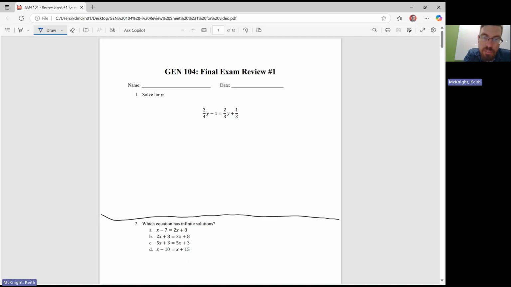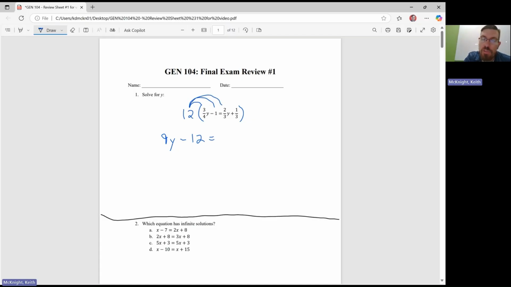Since it's 12, the first thing we're going to do is multiply this whole equation by 12. In doing so, that's hopefully going to clear out the fractions that we have. So 12 times 3/4 is the same thing as 12 times 3, which is 36, and then 36 divided by 4, which is 9. So this becomes a 9y when we distribute the first one. Now, we also have to do 12 times -1. Even though that's not a fraction, we still have to multiply it. So 12 times -1 is -12, so we have 9y minus 12 is equal to,